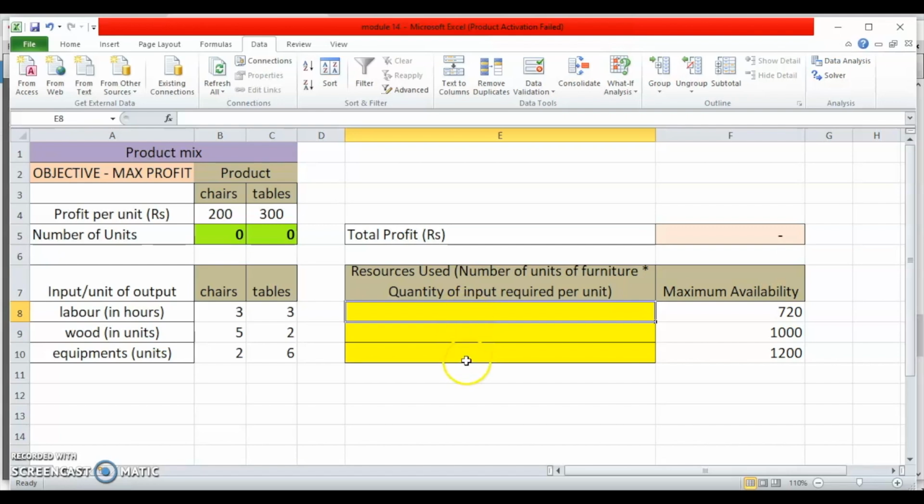That is what I will calculate in these yellow cells. So starting with labor, how much total labor will I require? I will require labor equal to the number of units of chair, that means the number of chairs that I make, and I am making this reference absolute because I will be